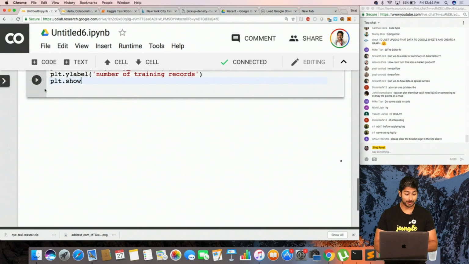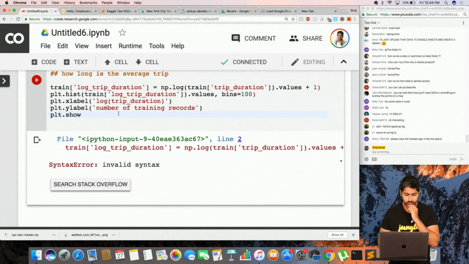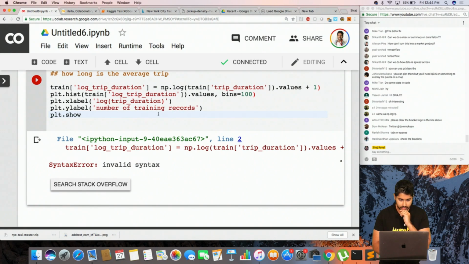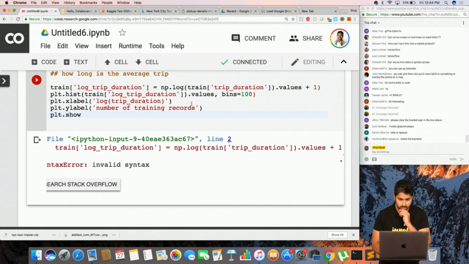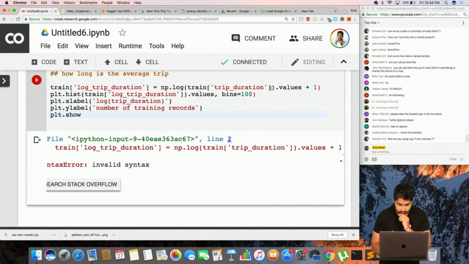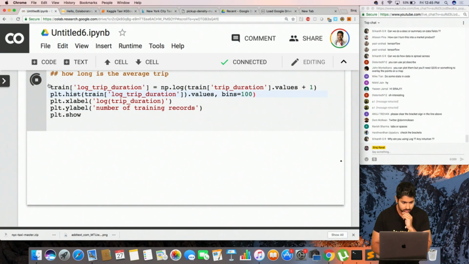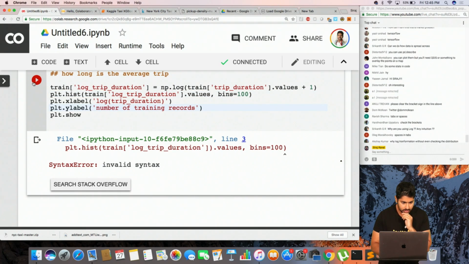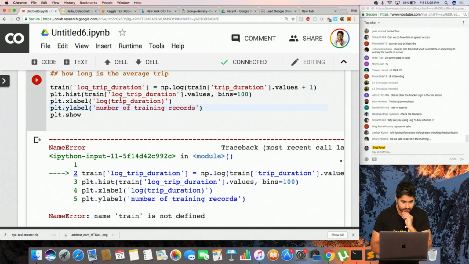It's definitely going to have an error in a second. Okay, what is the syntax error? Line 2. Oh, gotcha. Dot values. Oh, this. Right, okay, let's try it again. Now in my histogram, I've got... Okay, now train is not defined.